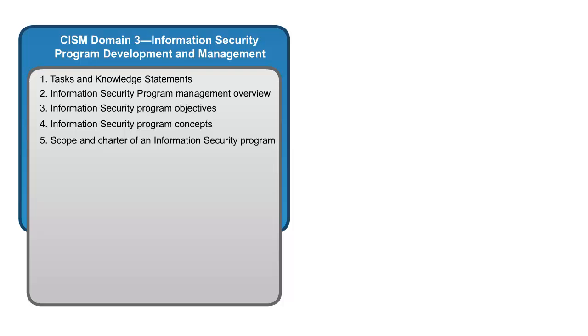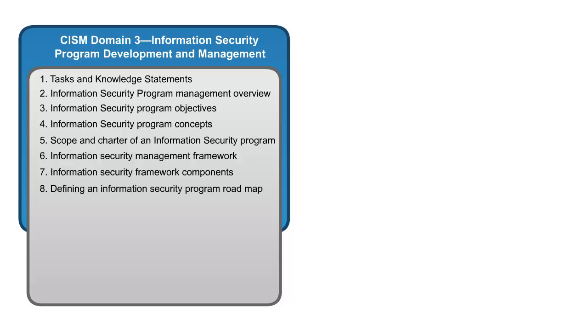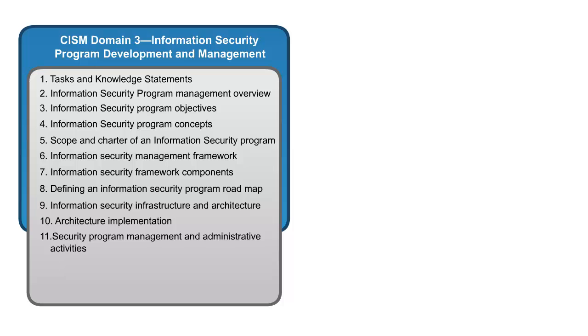Scope and Charter of an Information Security Program, 6. Information Security Management Framework, 7. Information Security Framework Components, 8. Defining an Information Security Program Roadmap, 9. Information Security Infrastructure and Architecture, 10. Architecture Implementation,